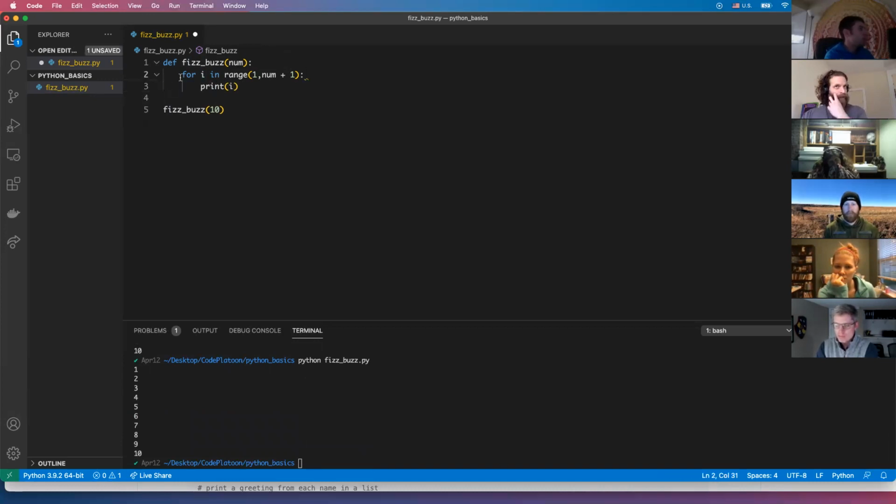Okay, so we've got our for loop, so we can access all the values. That's good. Now I think we're going to have a bunch of conditionals here. We'll start with 15, so we'll just use the modulo operator with 15. So if, and again, these statements have the same nice clean syntax, no brackets or anything like that, like you get with JavaScript. So if i